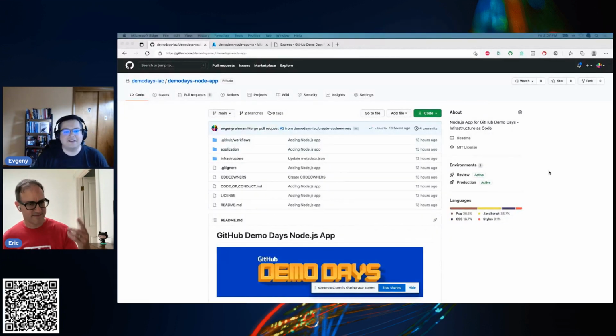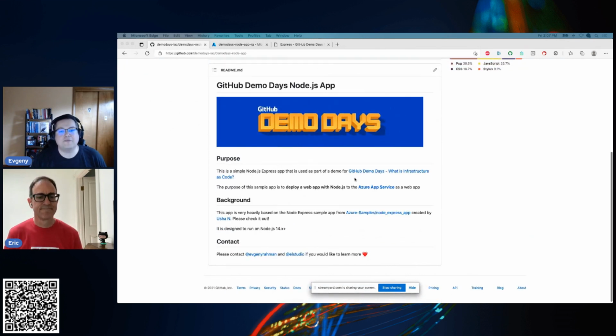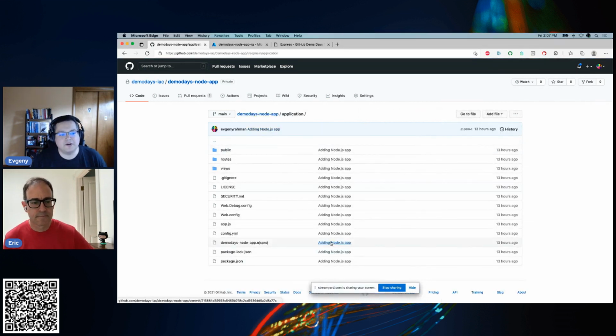So let's see. Here's the repo we are going to start with. At GitHub, a lot of things, I would say most things, start with the repo or source code repository. This might be a familiar sight to some of you, the file layout with the README and everything. This is meant to be a very basic starting point. We are doing a demo using a Node.js application today, and we're going to show you how we can take the application, whose source code is here.